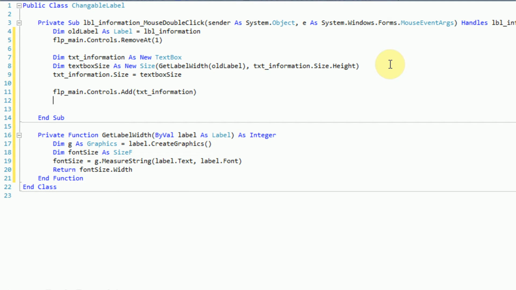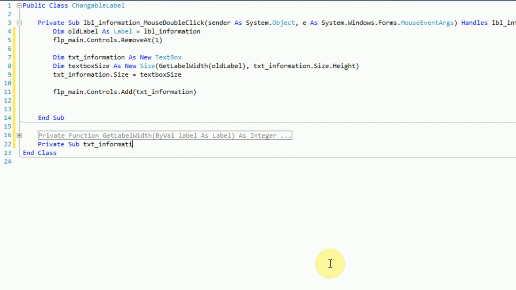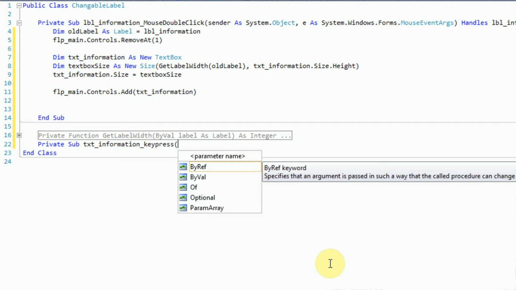Now the final thing we want to do with our application is make it so when the user presses enter on the text box, it changes the label's text, or at least appears to. So we are going to want to create a new method that activates when the user presses enter on the text box. First, we're going to minimize our GetLabelWidth subroutine here, and create another private subroutine. So we're going to say Private Sub txt_information_KeyPress, and then we're going to send in a ByVal,